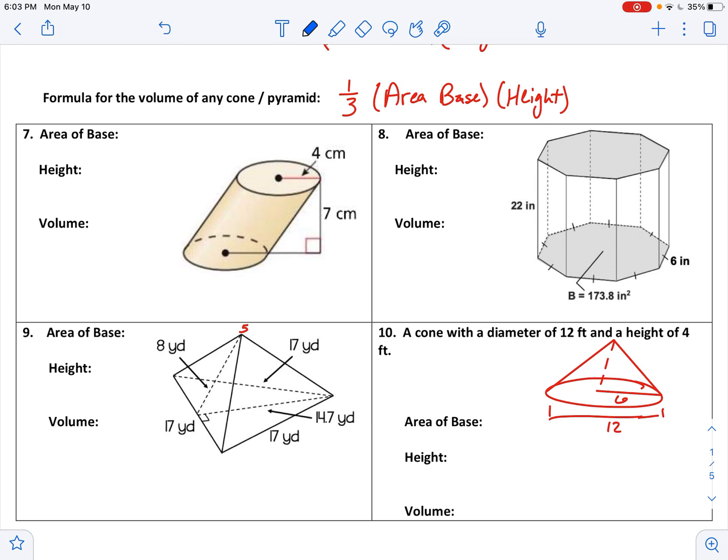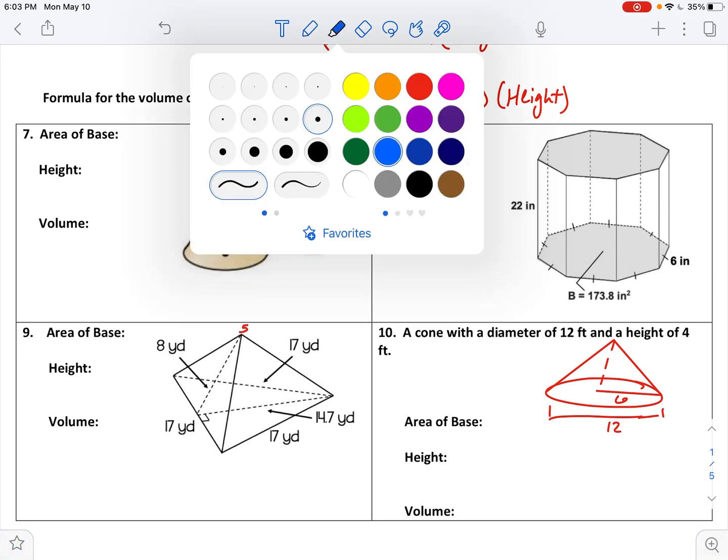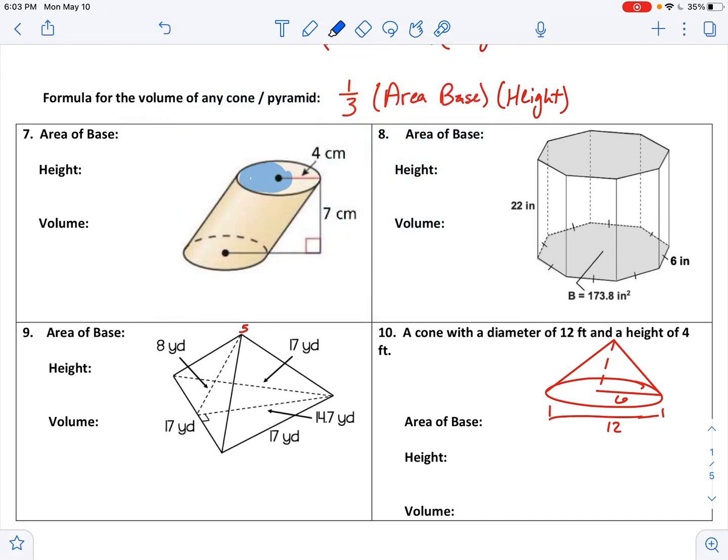So what you need to know is how to find the area of all these two-dimensional figures that could make up the base. For example, here the base of a cylinder would be the circle. So I need to know that my area formula is pi r squared. Pi times the radius squared, and they're giving me that the radius is 4, so it would be pi times 4 squared, or 16 pi, which is approximately 50.27